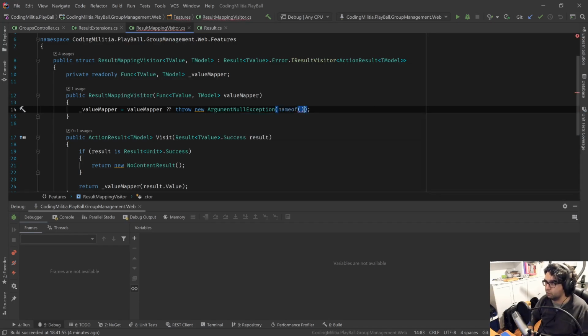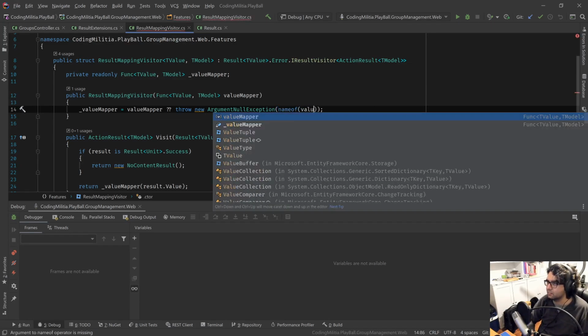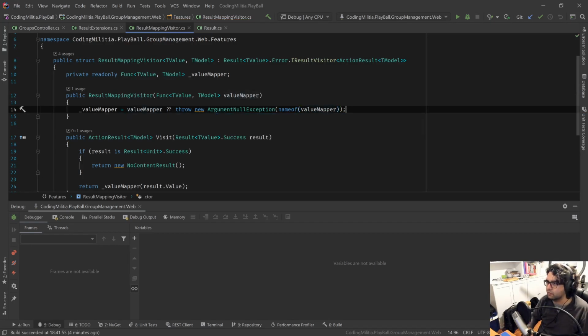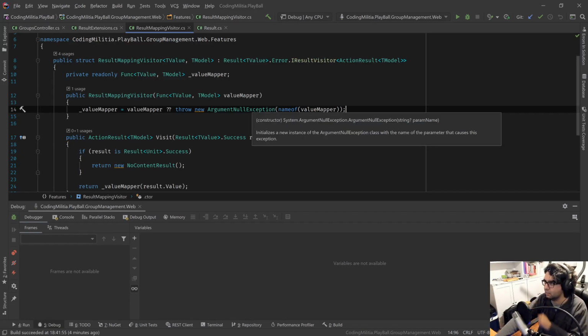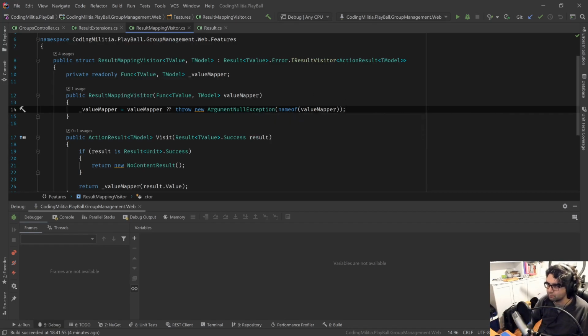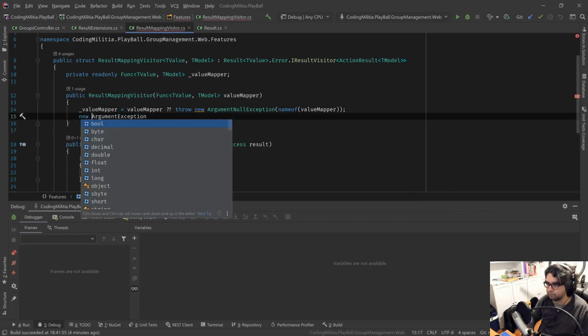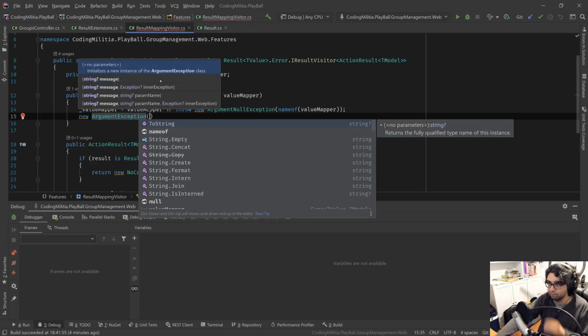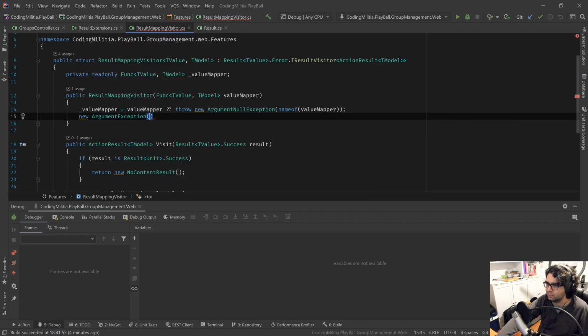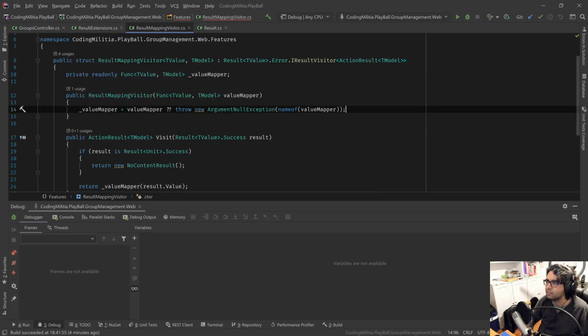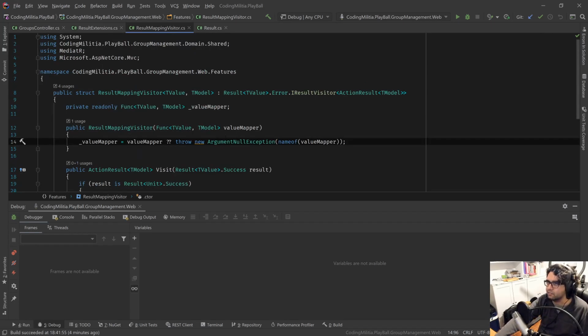This is one of the most annoying things in the framework: the ArgumentNullException's first argument is the parameter name, but the ArgumentException, if I'm not mistaken, is the message. So it's reversed, which is very annoying. But okay, so now I should have an error